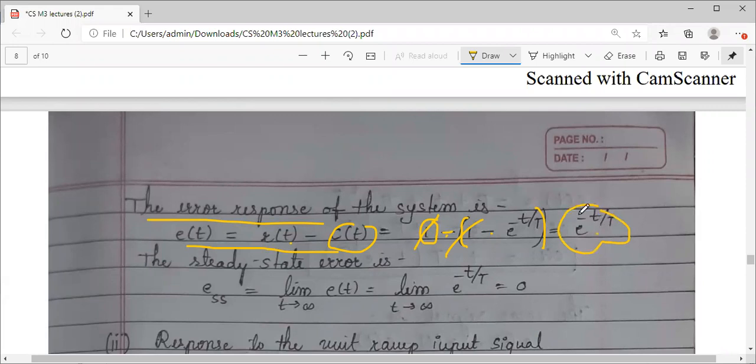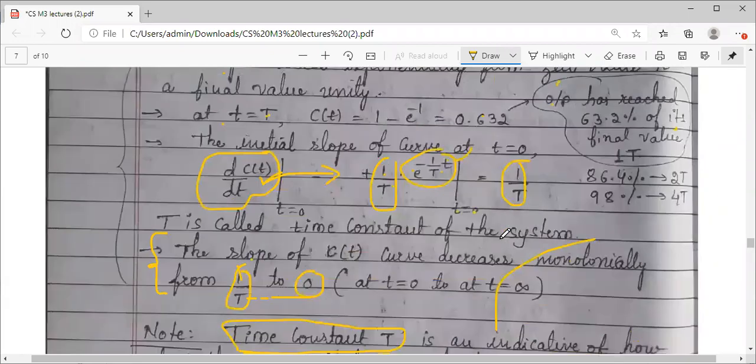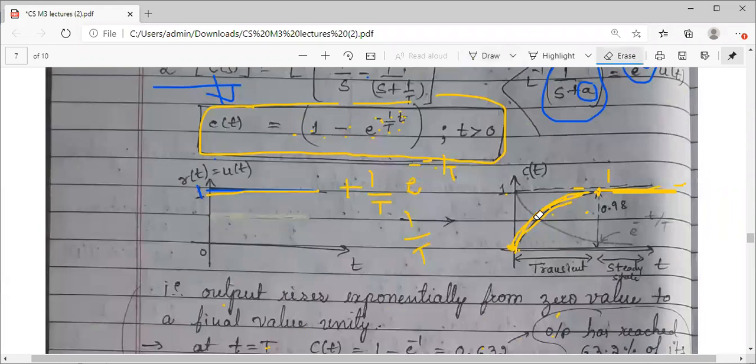If you try to plot this, substituting t, you know how to plot an exponential signal. Take capital T, a constant value le lo. Keep on substituting t values 0, 1, 2, 3, 4. That is, you will get the exponential term. How does it look? Okay, from the pencil I have drawn it here. You can see. This is how your error signal looks. E raised to minus t by T. Okay, ये जो है, the dotted line which I am showing you with the yellow line, is your actual output, and this dark yellow line is your error signal.